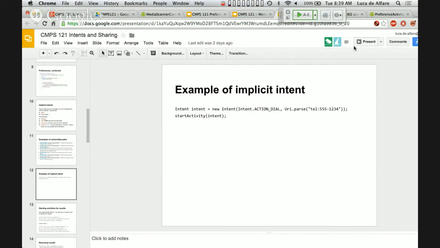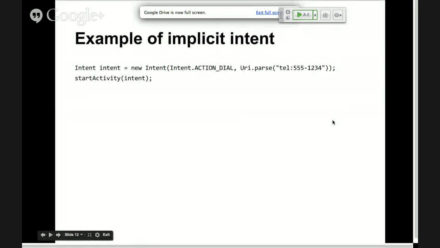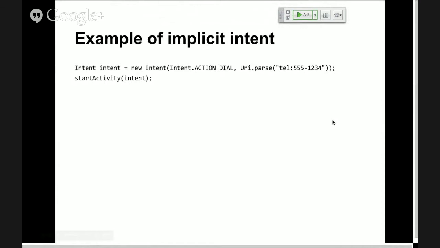Oh, I think I should use the larger presentation mode. Okay, so